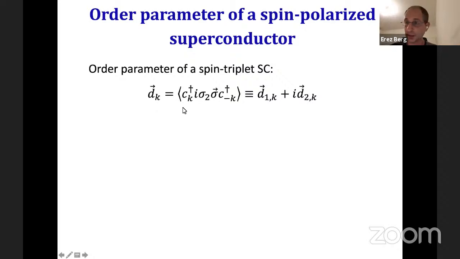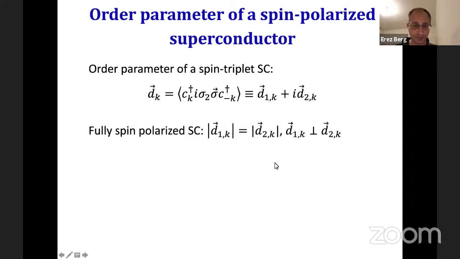It's a complex vector, so it's a complex order parameter, but it's a complex vector which specifies the direction of the spin. These are the real and the imaginary parts of this D vector that I'll denote by D1 and D2. The relative magnitude and relative direction of D1 and D2 determine the state of the triplet Cooper pair. So it can be m equals 1 triplet, m equals 0 triplet, and so forth. And that's all encoded in this relative direction and magnitude of D1 and D2.